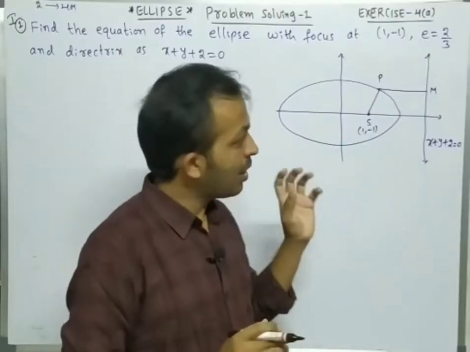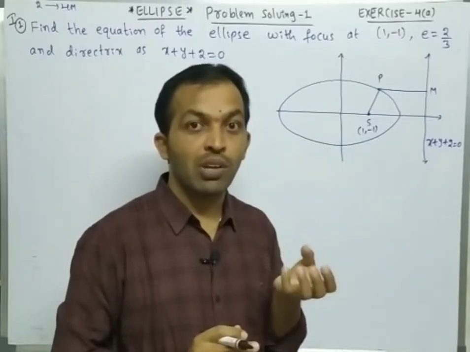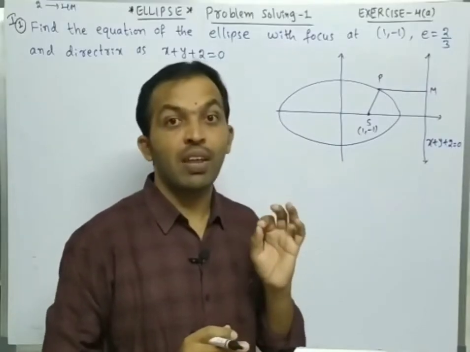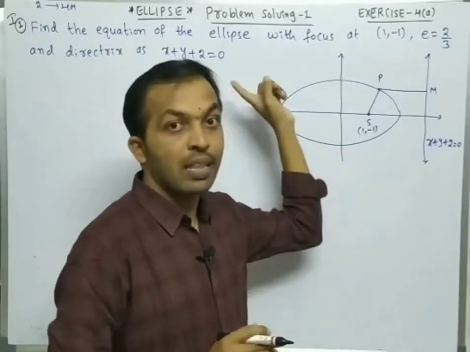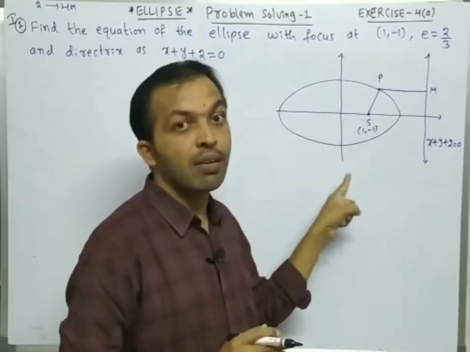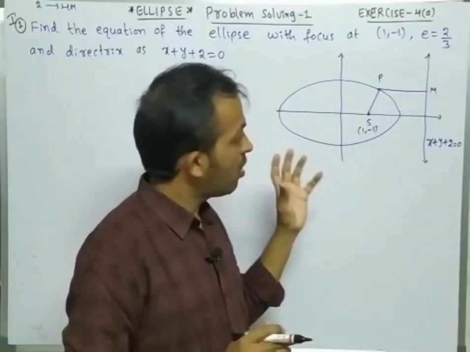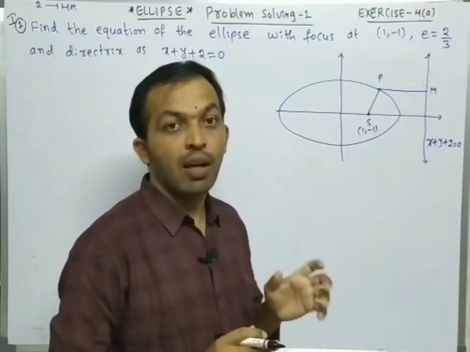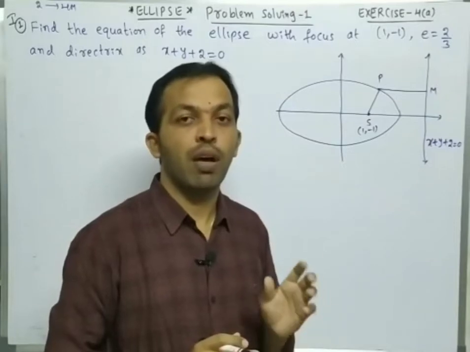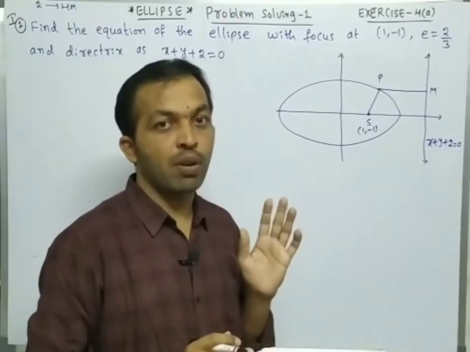Listen carefully to each and every point in the problems. I am giving some important notation and some important points also. Learning the concept is very important. Read the problem two or three times carefully, understand the problem, and draw the related figure, the related geometry. From that geometry you can solve the problem easily. Also, in ellipse, parabola and hyperbola, we have some formulas. Remember those formulas, because formulas are very important.